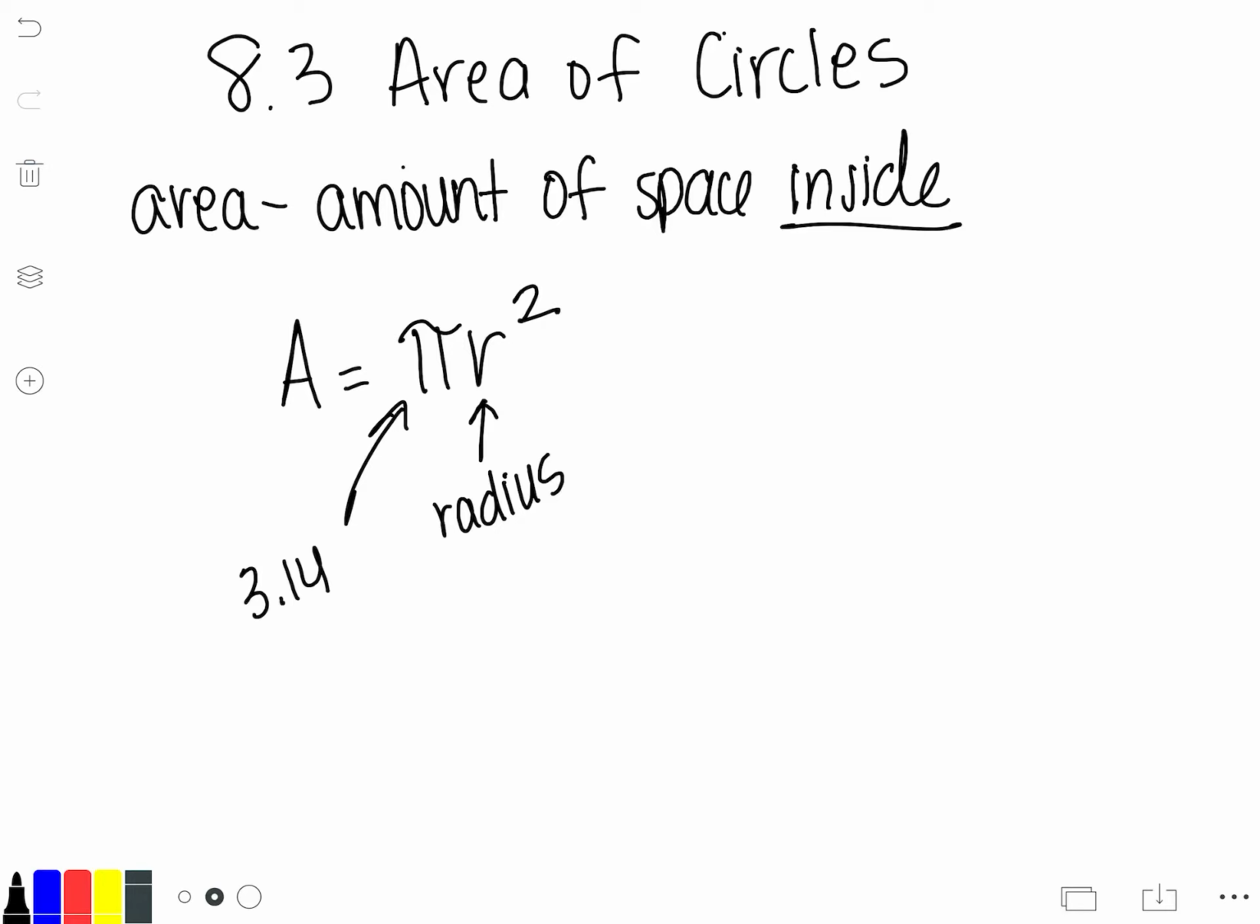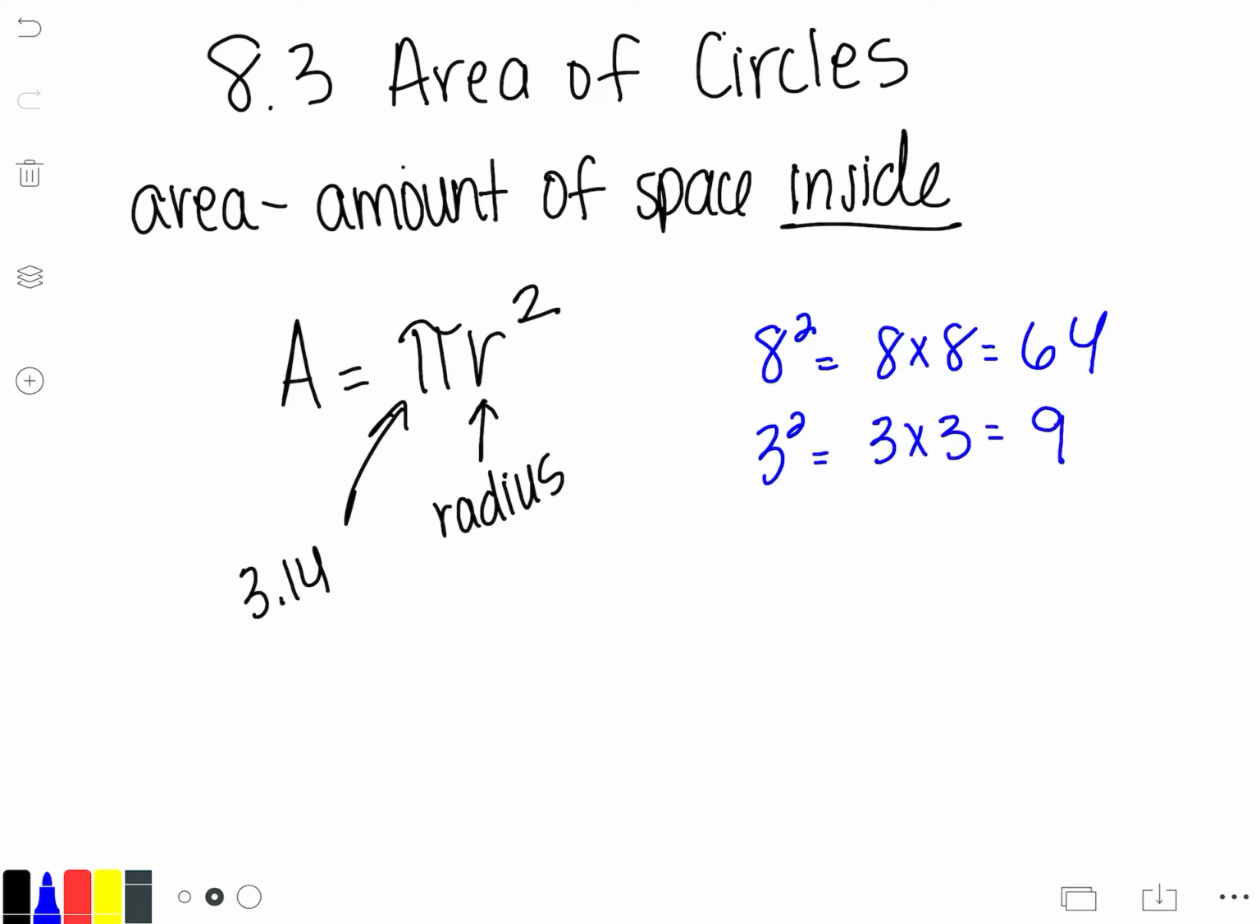And I just want to remind you, when we square numbers, like 8 squared is the same thing as 8 times 8, which is 64. If we had 3 squared, that's the same thing as 3 times 3, which is 9. If we have 6 squared, that's the same thing as 6 times 6, which is 36. And so the important thing that you need to remember when you're using this formula is that you square your